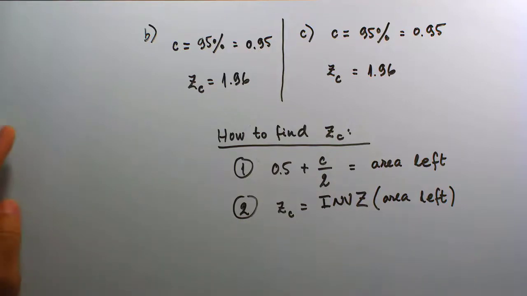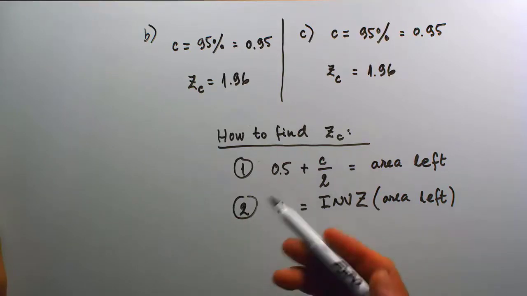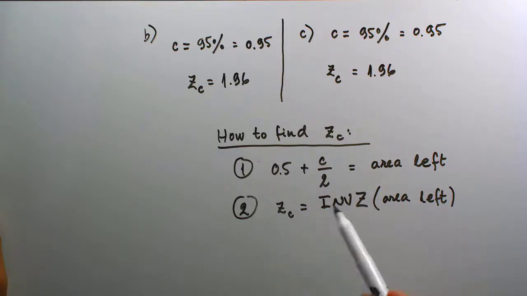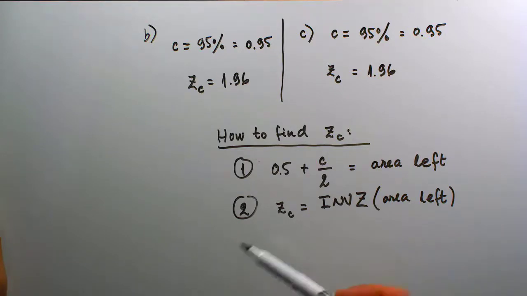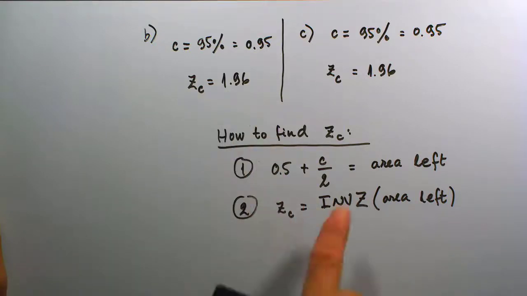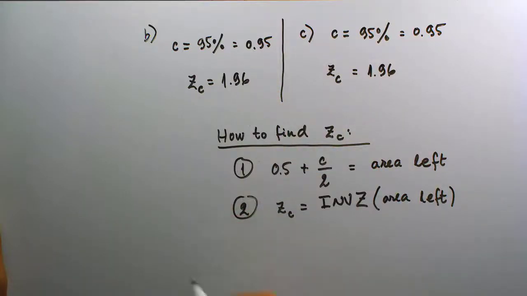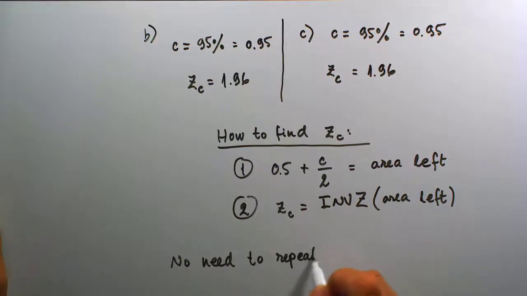Why do I need to mention this to anyone who views this video? Because from now on, for the rest of the video lectures here, anytime going through the z sub c, I'm still going to repeat these steps right here. But when you're actually doing the work on your own, you can speed up the process a little bit by skipping all these steps if you recognize a confidence level you have used already. So my point is, no need to repeat the z sub c calculation